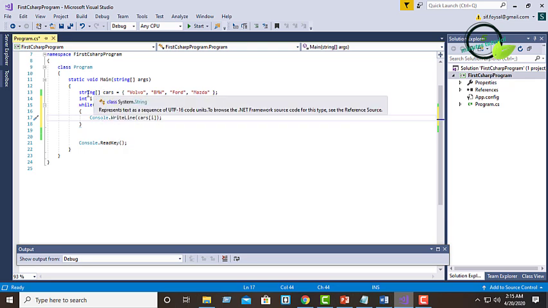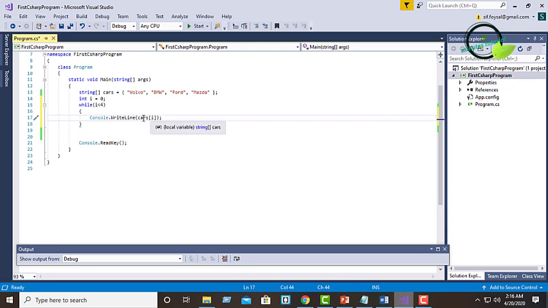So here we are checking the while loop. We are initializing i as 0, then we are checking the condition if i is less than 4 or not. If the condition is true, then it will print the value from cars at i's position.